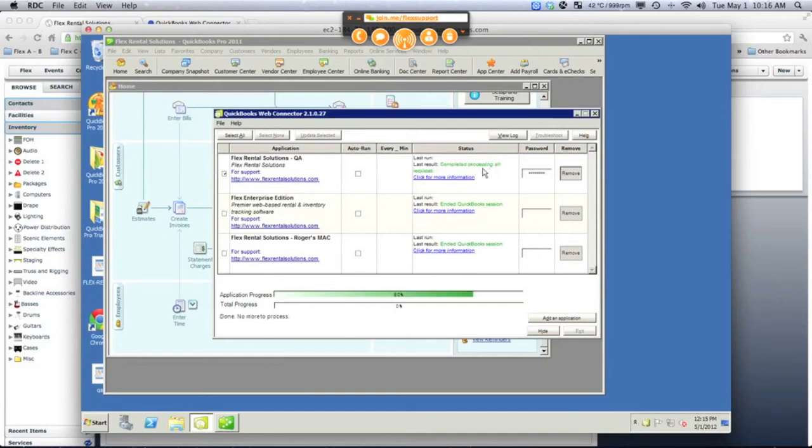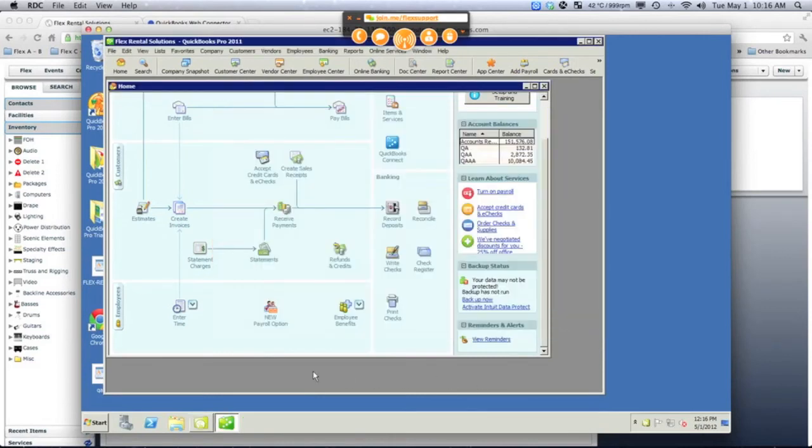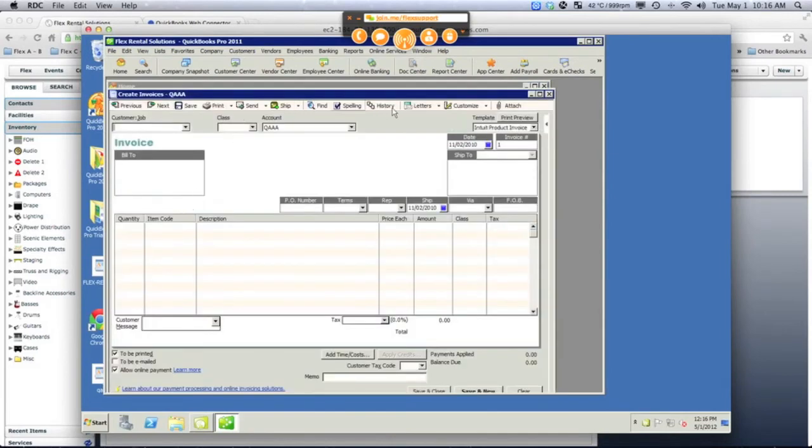It will also show if there are any errors. Right now, everything was successfully done. So with that, we're going to go to QuickBooks. I'm just going to hit Create Invoices, and let's go back